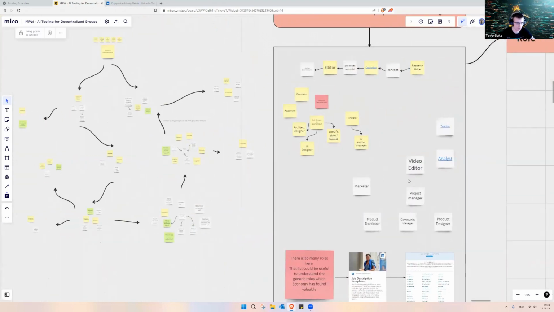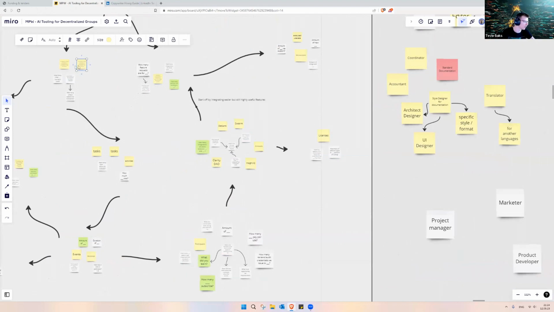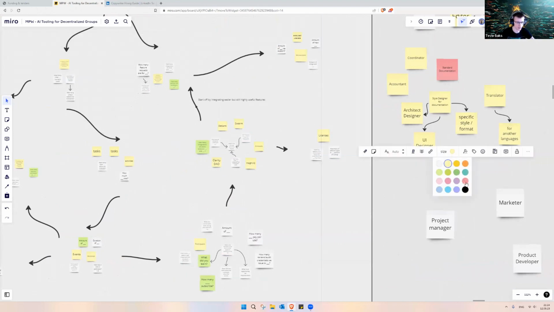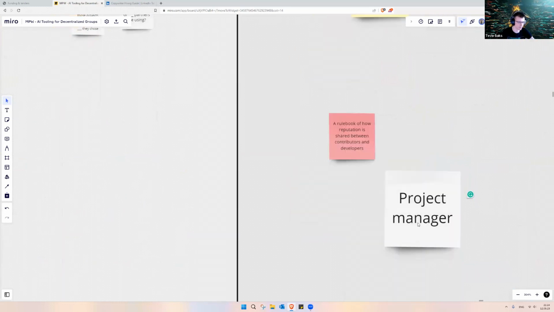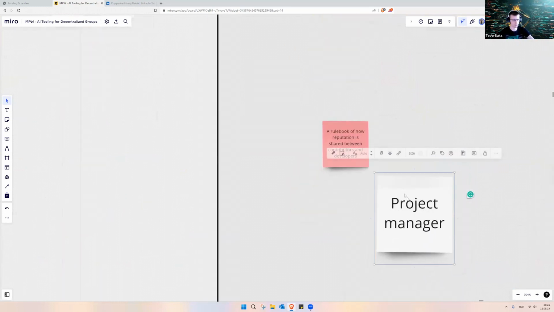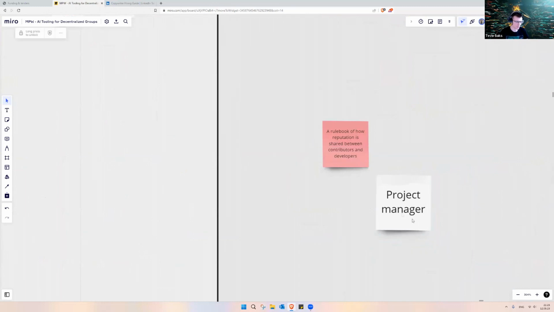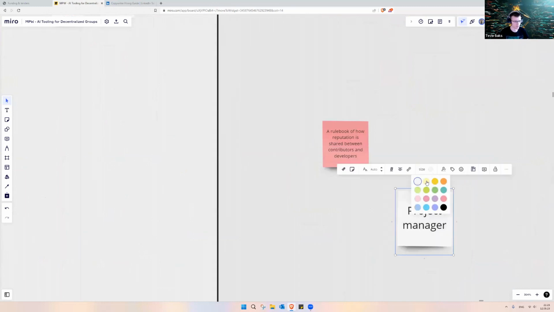So I would even put a project manager into this area, because the rulebook of how our reputation is shared, and the output of these rulebooks and the way people contribute, will require a project manager.